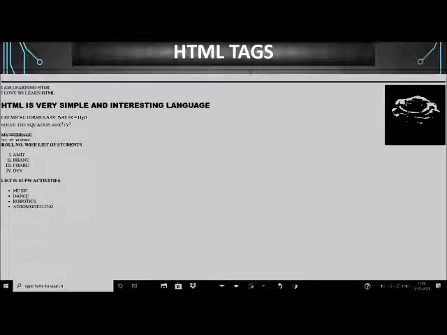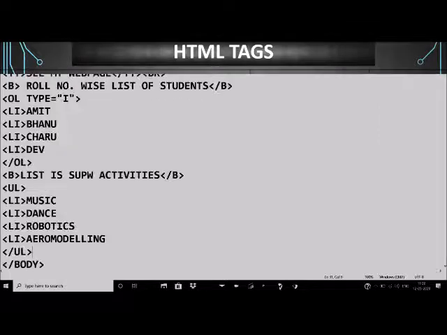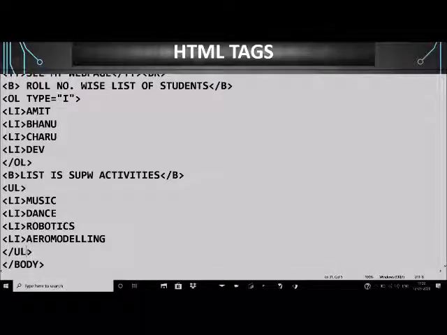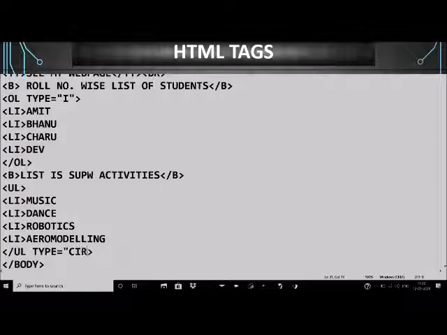Now bullets, we have different types of bullets also in HTML. By default it appears in disk, but if we want to change the type of list, then we can use the type attribute of UL tag here. Type is equal to, say, circle, then the circular bullets will appear here.